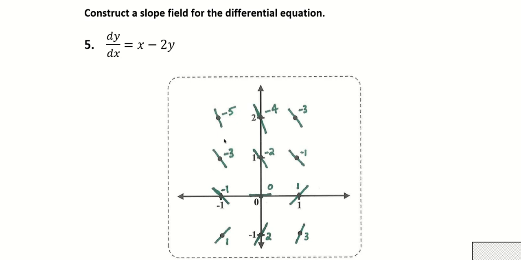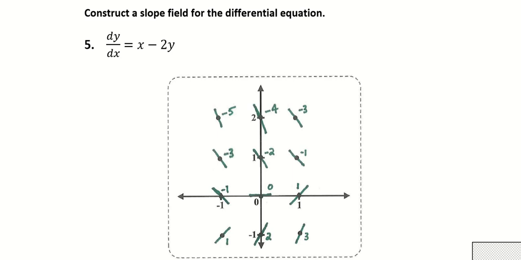Remember, negative slope means downhill. Positive slope means uphill, like +2, +1, +1, +3 is a little steeper than +2. No big stress over making these look really accurate, perfect slopes of 3